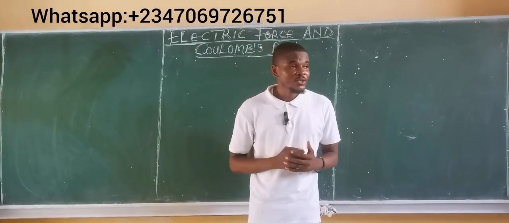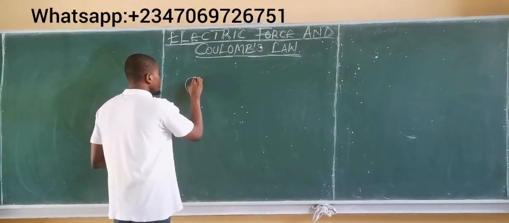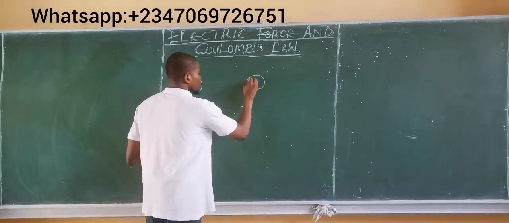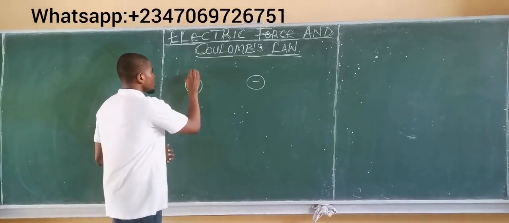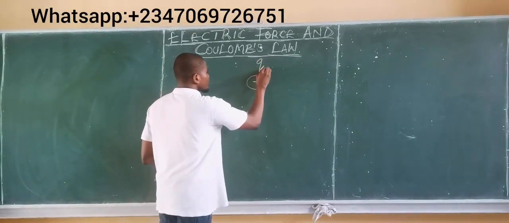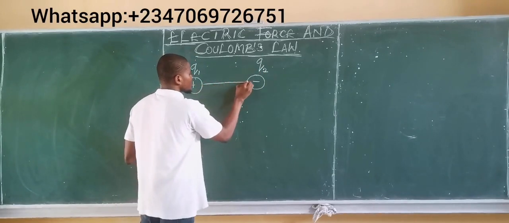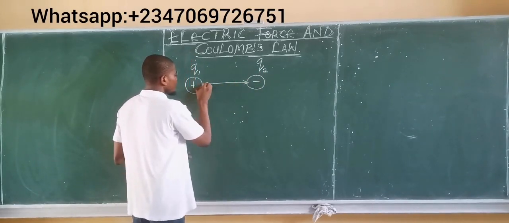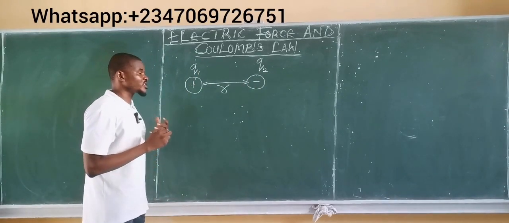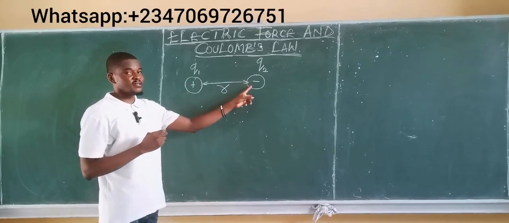Welcome back. Let's say that we have two point charges: a positive charge and a negative charge. Let the positive charge be Q1 and the negative charge be Q2, and let the distance separating these two charges be R. Now since these charges are opposite in signs, this is positive and this is negative,